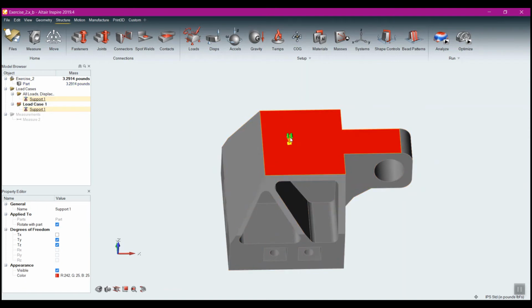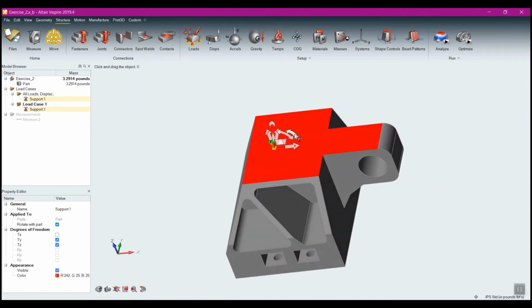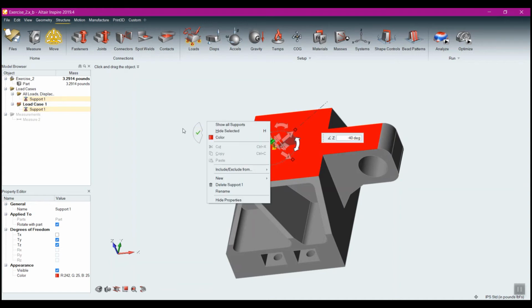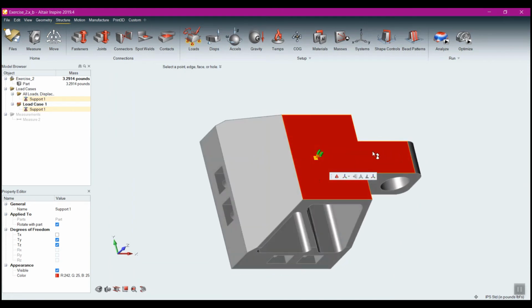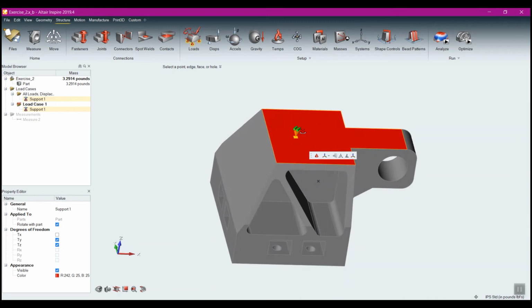So these rollers are actually pointing in the direction, to the point that I can even come here and double click on this and select this little move support. I get my little triad with my spinners and translation. And if I spin that, I can spin it manually 5 degrees at a time, or I can type in a value here. And now I'm 40 degrees off of the x-axis. And my little rollers are now pointing in that direction. So it truly is showing me the direction that is